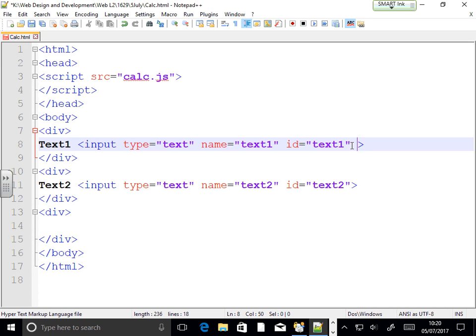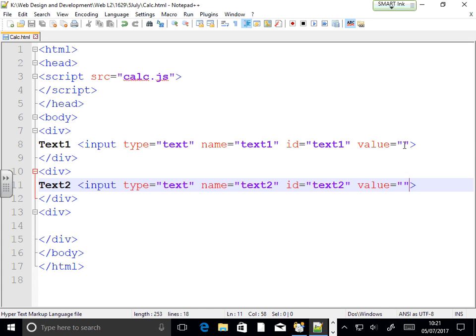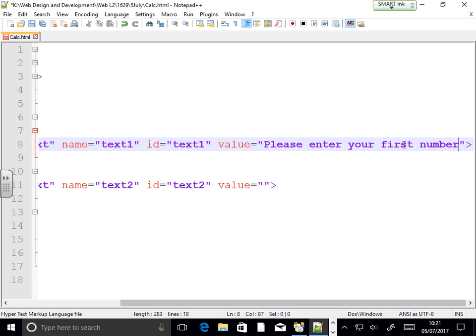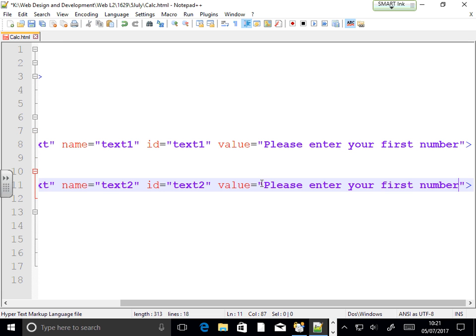There is a property called value. Is that okay? A text box has got a property called value, and value is whatever somebody writes in. Text1 goes in value. Is that okay? At the moment I've just left it blank. There's value, there's nothing in. Now, that's like your default value. Yeah, my default value is,